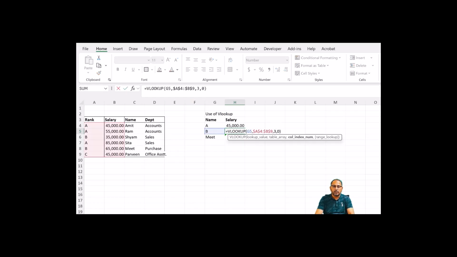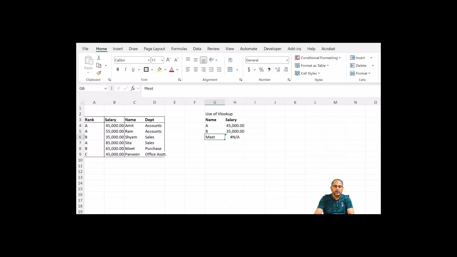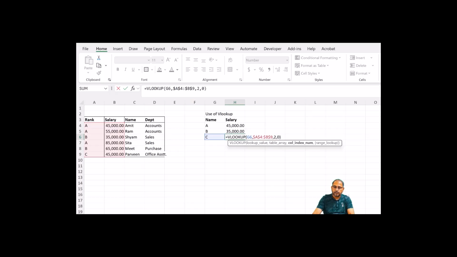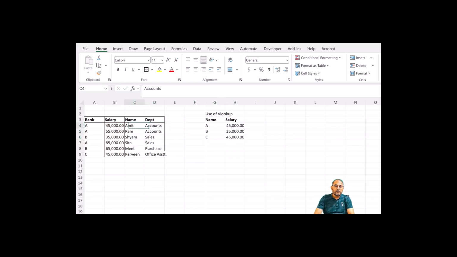Then second column, because we have to change the column number. Here I want to see the second column. So VLOOKUP always works from left to right. It cannot go right to left. So the whole idea is to show you in this small data using the VLOOKUP that VLOOKUP works left to right first,